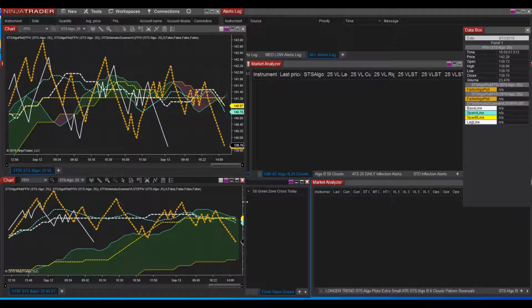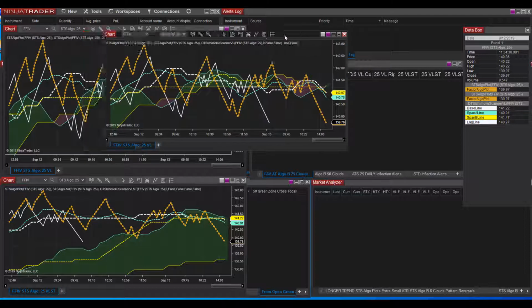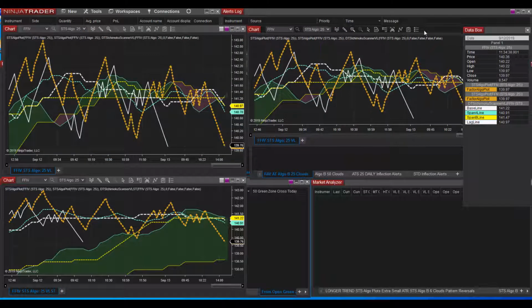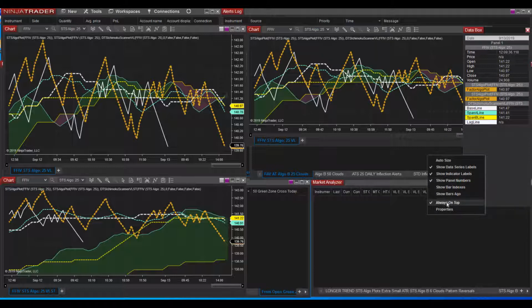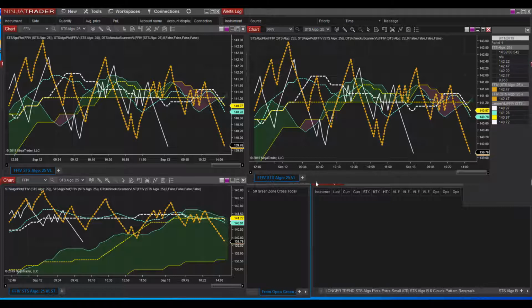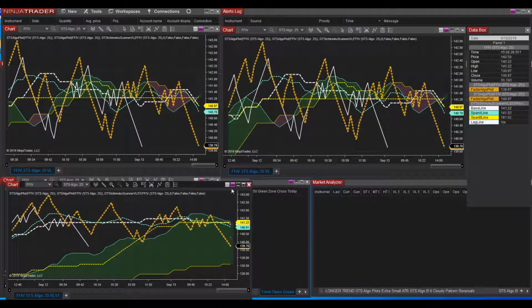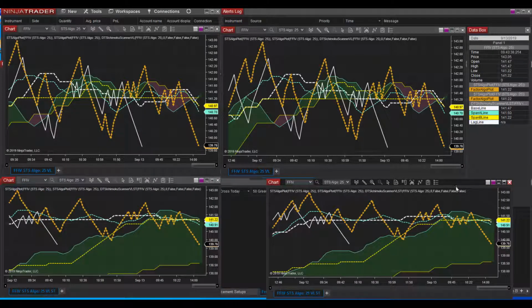So I've got those. And now I'm going to replicate again in a new window. It's going to go right out here. Always on top. Take that off so I can see my chart. Move this down, resize it by dragging it down, get it even with the chart next to it. So now we're going to repeat this process. We're going to duplicate in a new window on this lower chart, size it up,